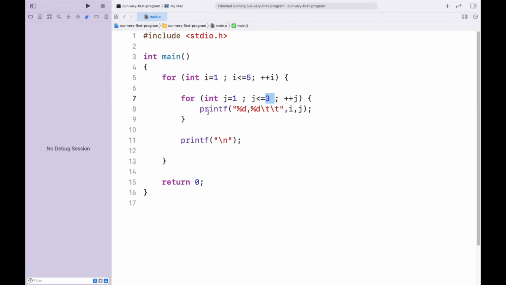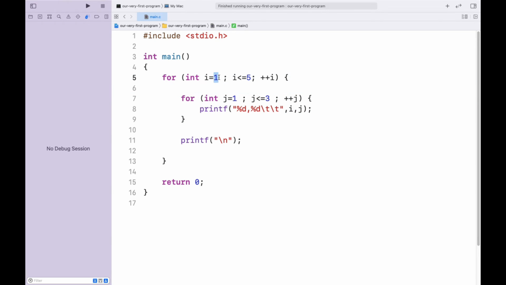Now we need to see how many times this statement is going to get executed. The execution of this statement will also tell you the value of a particular I or j on a particular iteration. For each step of I, this loop is going to run 3 times.